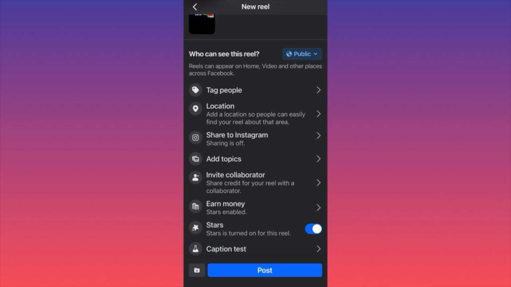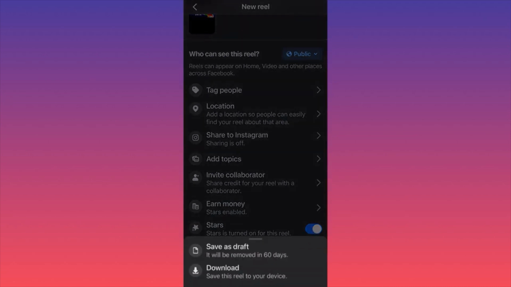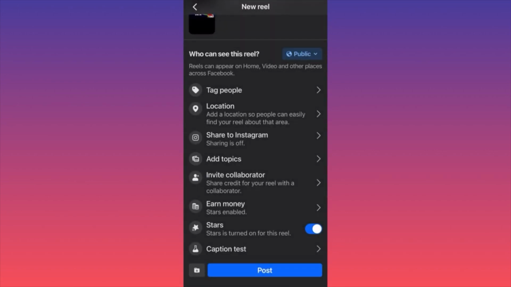Last but not least, guys, pro tip over here: you will see that we don't have a button for save as draft. We only have a Post button, and next to the Post button we have another folder icon, which if you click, you will see that there is the option to download the video to the device or save the video as a draft, and the video will be saved for up to 60 days. But this is how to make Reels on Facebook, guys. It's a little different than making